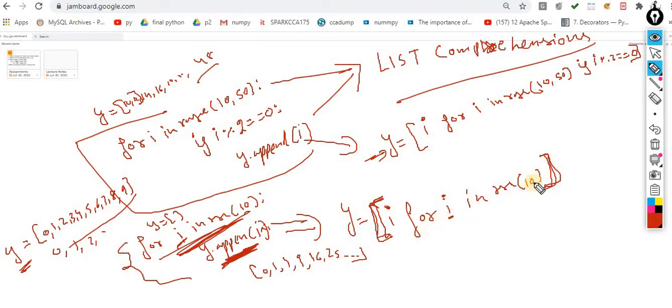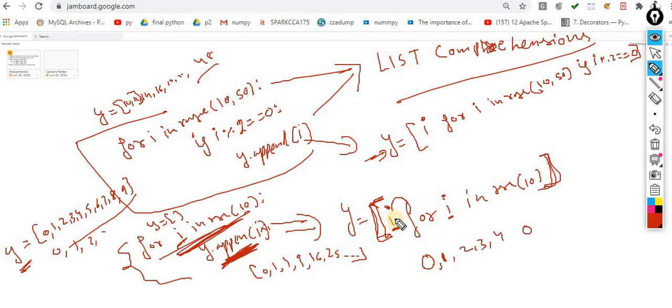For i in range(10): i value becomes 0, so 0 is assigned over here. Then in the next iteration the i value becomes 1, and the append happens automatically in this scenario. You don't need to use append explicitly. This syntax is called list comprehension. With the help of list comprehension, the item is automatically appended into the list.